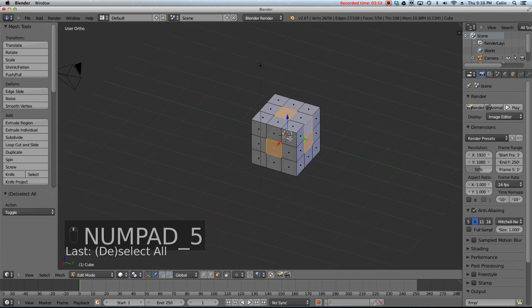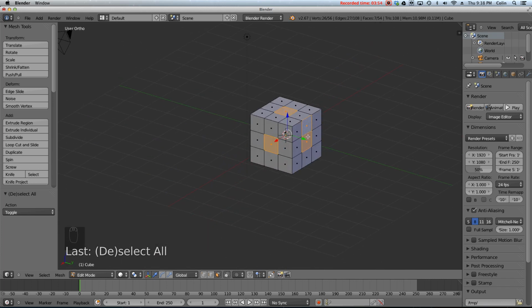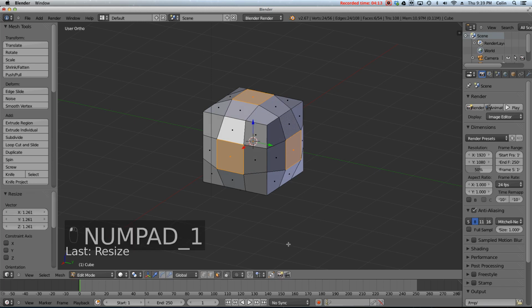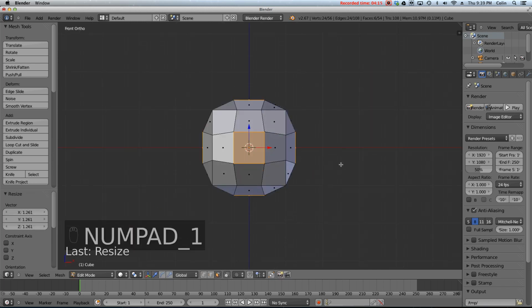It's going to weight closer to, or in other words, attract itself more towards the more dense selection of faces, in this case this side. So make sure you have one on every side selected for this to work. So I'm going to go ahead and press S to scale out my faces that are selected, and I'll press 1 to go to my front view, and maybe I'll just tweak this